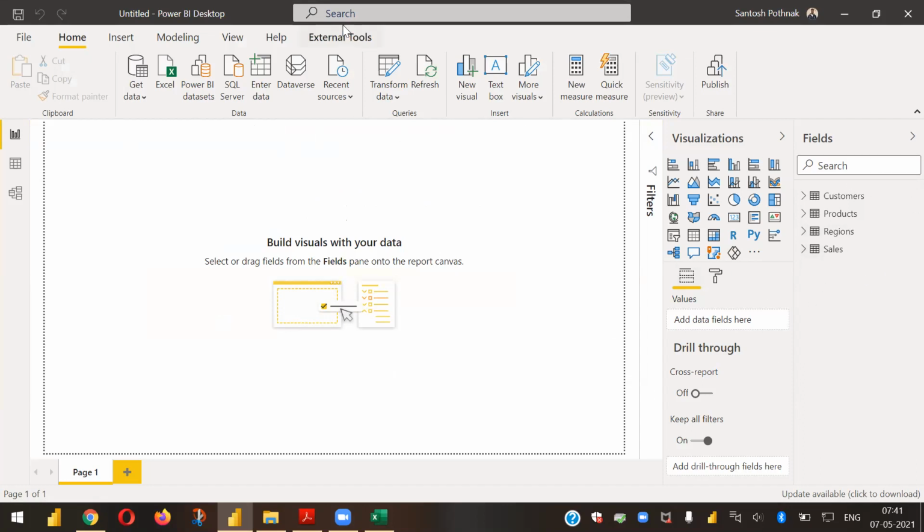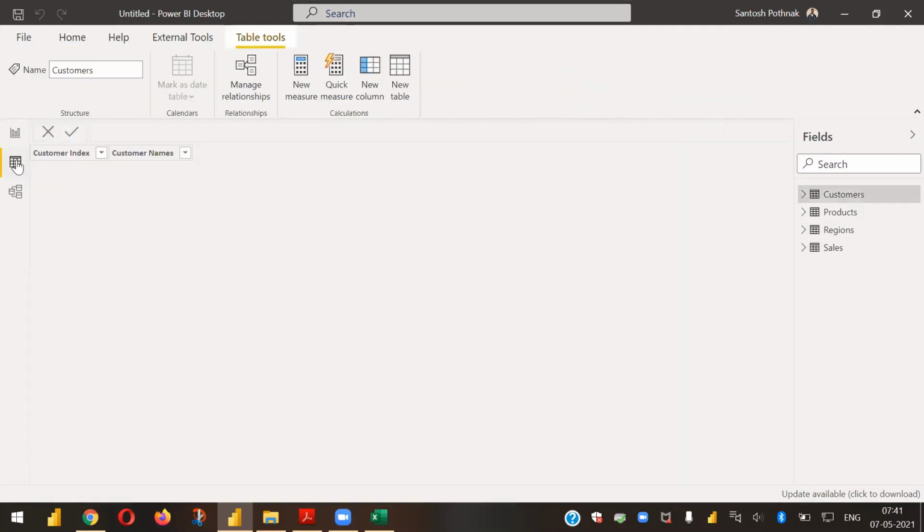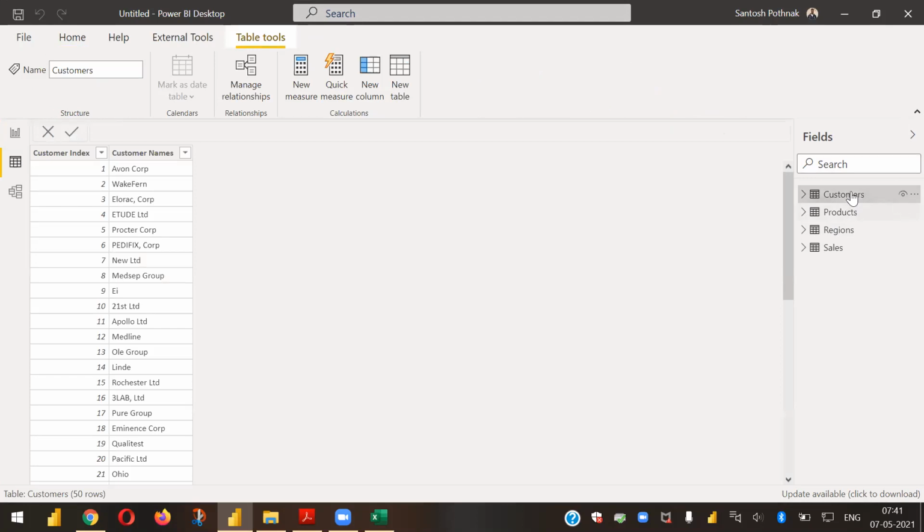Sorry. Right now you are on the report view, like I always tell you in the first session. If you want to see the data of these tables, you have to go to data view. Click on data view, and you can see the data now in your Power BI Desktop. Earlier you were also able to see the data, but it was in the Power Query Editor where you are ready to transform it. But right now you have committed your transformations, your ETL part, and now you can see the actual data which is sitting in Power BI Desktop.